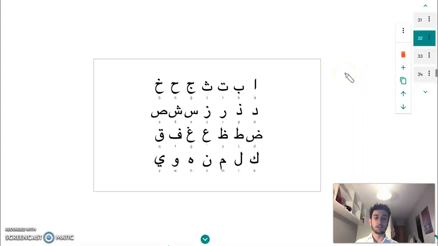Now, starting off, the Arabic alphabet contains 28 different letters. As you see in this picture, every letter in the Arabic alphabet might have a counterpart in another language. Comparing it to the English language, there are almost 20 letters that have straight equivalent, equivalently pronounced letters in English, but there are many others that cannot be expressed in the